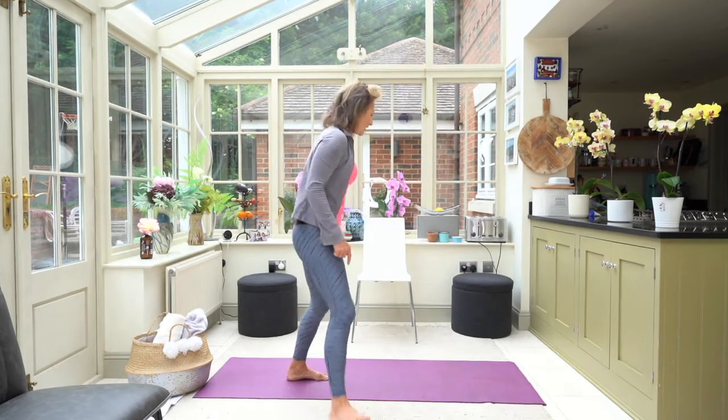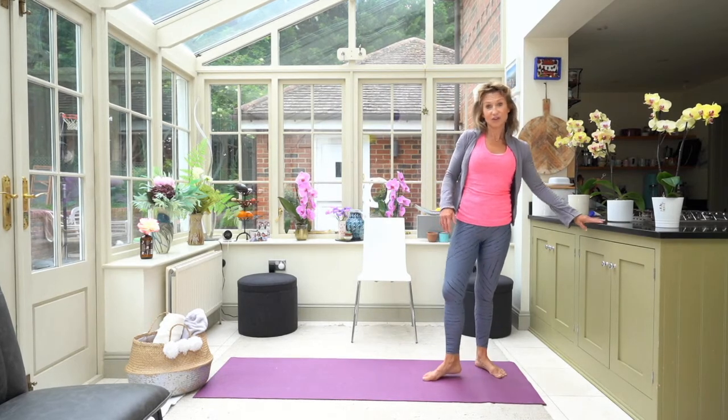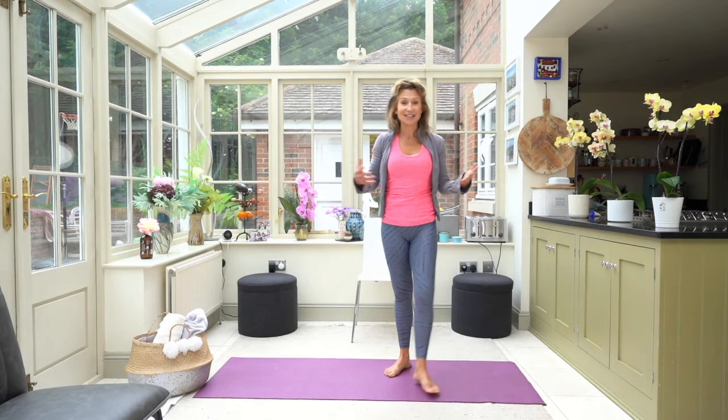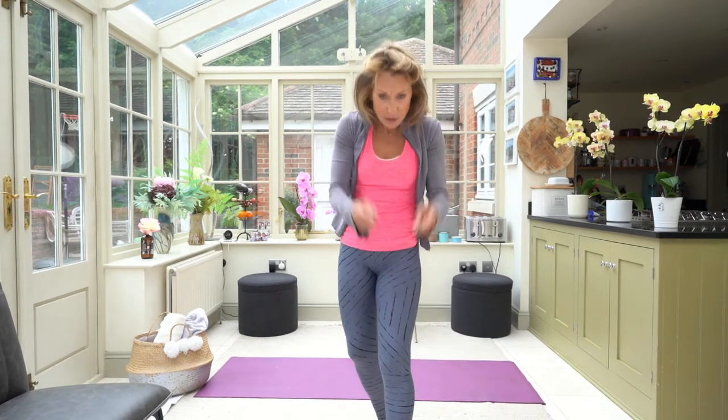What do you need? This is what you need. You basically just need a bit of open space because you're just going to move your body a bit. You can either have a chair or a sideboard. I'm going to use my sideboard, but other than that, it's just you and your body. If you want to do this with shoes on, you can. I'm actually going to do it barefoot